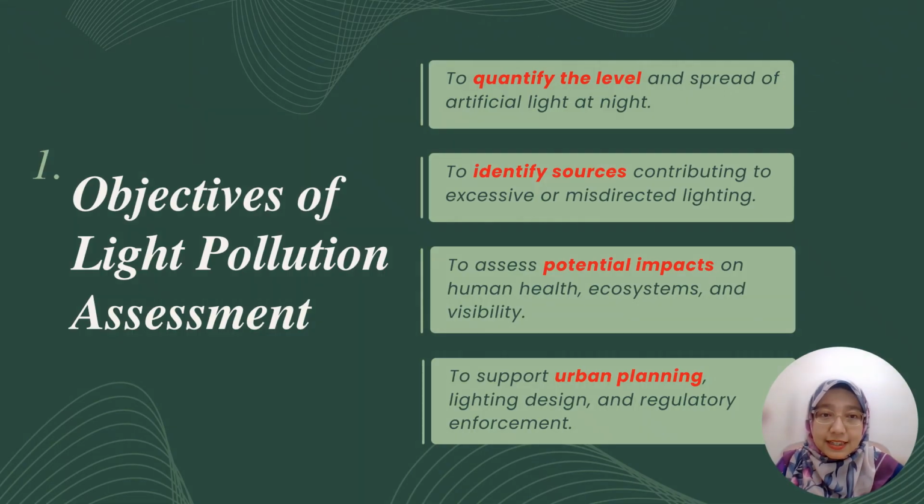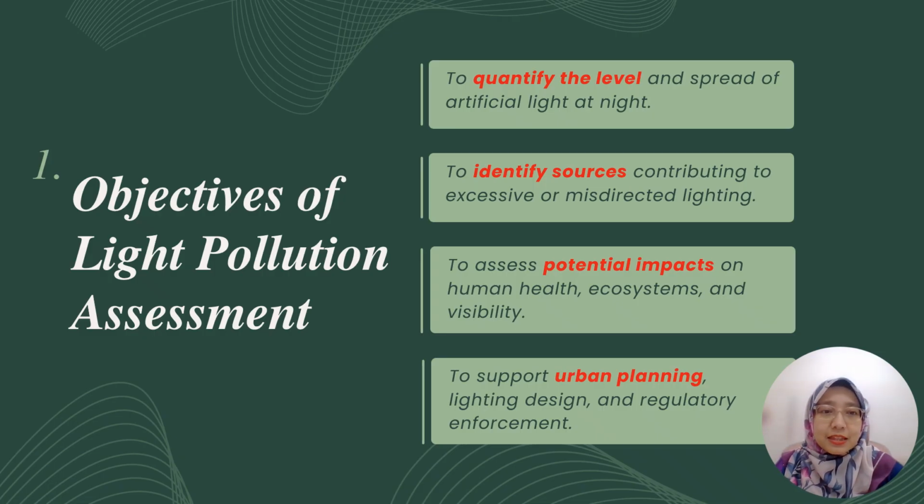When conducting a light pollution assessment, there are several key objectives to consider. First, we aim to quantify the level and spread of artificial light at night. This helps us understand how much light is being emitted and how far it travels into the environment. Second, we seek to identify sources that contribute to excessive or misdirected lighting, such as poorly designed streetlights or building